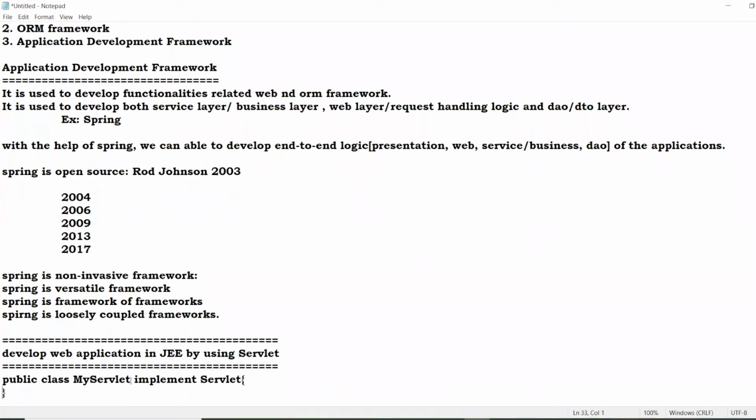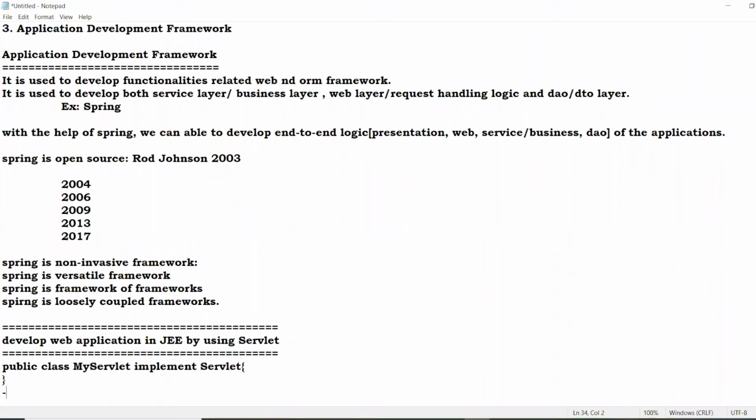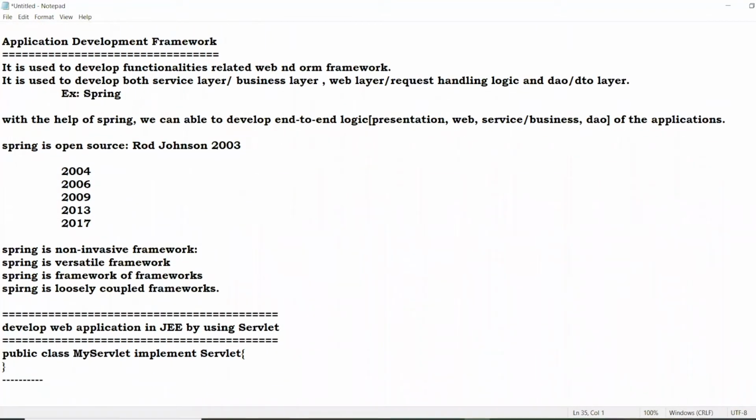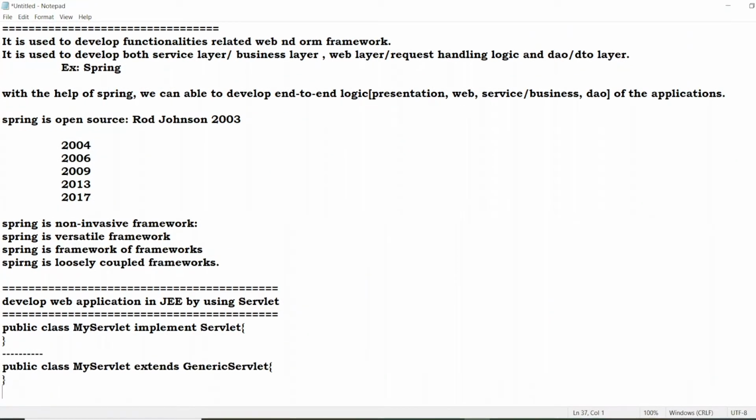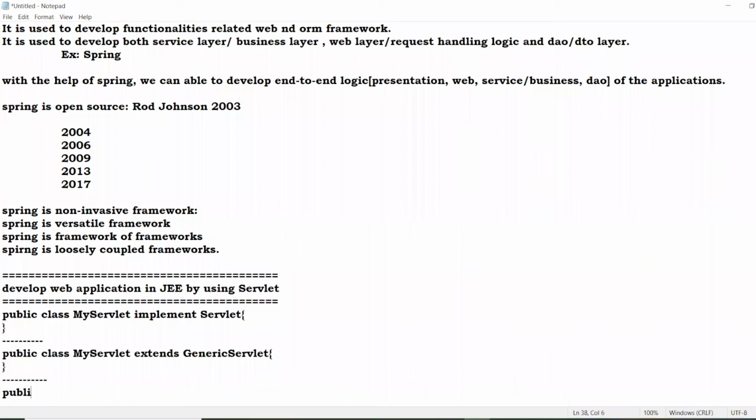So invasive means the technology itself forces us to implement its interfaces or extend its classes. For example, let me take one more class like MyServlet which extends GenericServlet. And one more way to develop a web application in servlet: class MyServlet which extends HttpServlet.